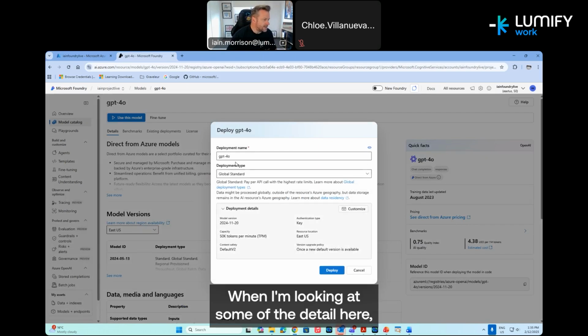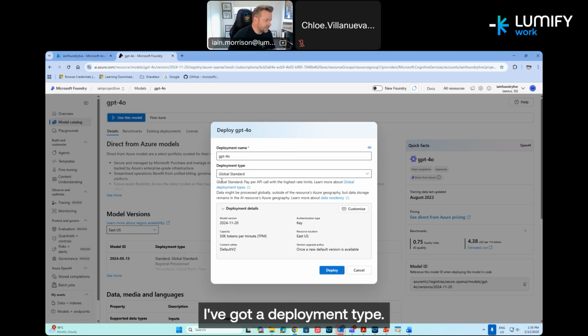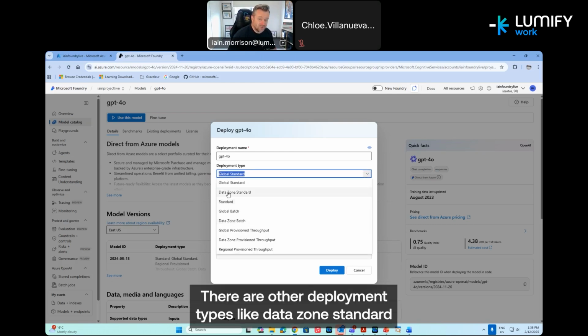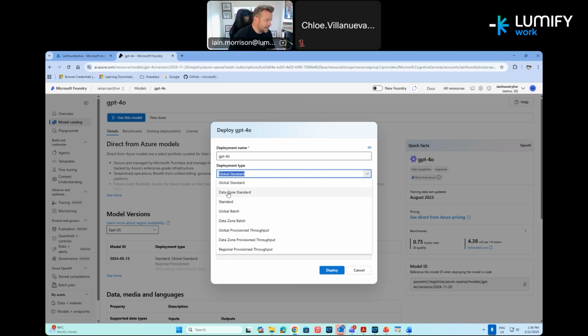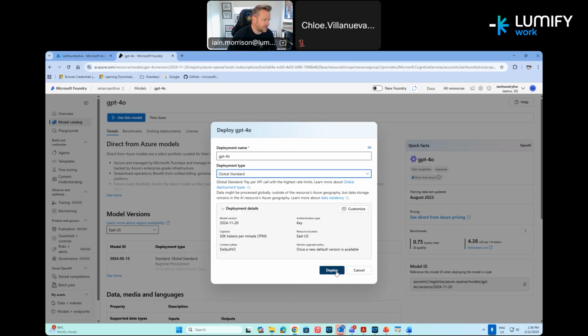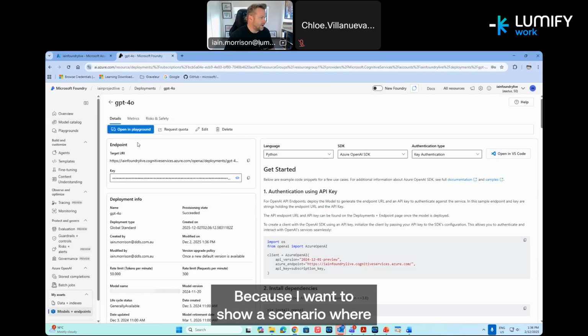When I'm looking at some of the detail here, I'll probably just skirt over it a little bit just now with the time, but it's got a location, I've got a deployment type. There are other deployment types like data zone standard that would probably just allow me as a developer license for that. I'll stick with defaults just to try this out. Because I want to show a scenario where